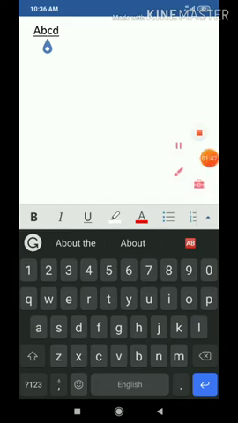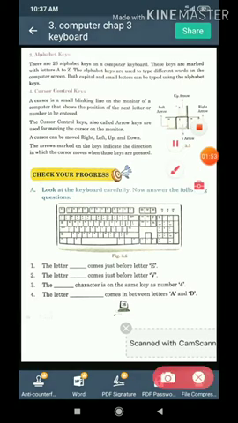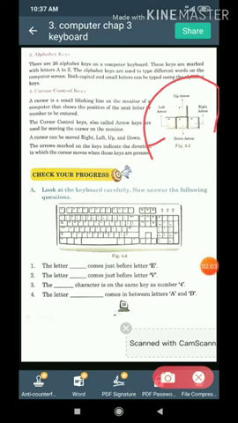That is how a cursor looks, and with the help of these keys, up arrow, down arrow, right arrow and left arrow, we can move our cursor up, down, left, right, wherever we want.